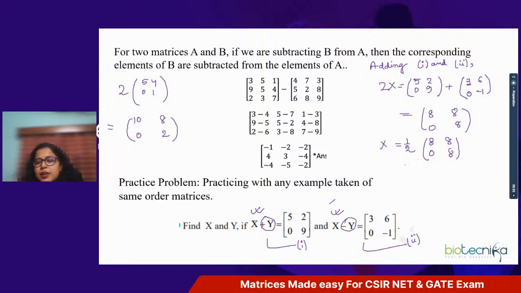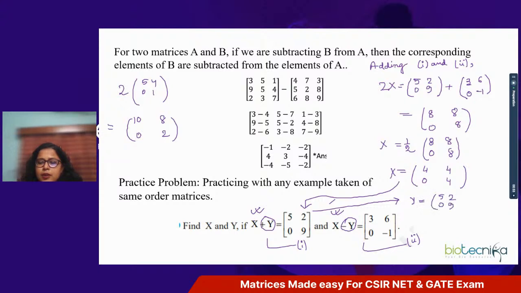Okay. So similarly, if we are multiplying this half with all the elements of this matrix, it will be 4, 4, 0, 4, like this. So our x matrix is this. Now substitute this x in any of the equations and we can find y. So let us put this x in this equation. Okay, so x plus y equals this. So from this equation we are getting y equals